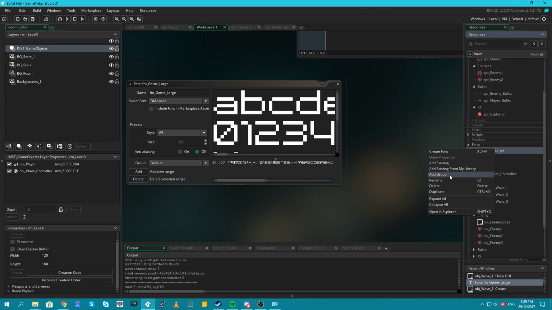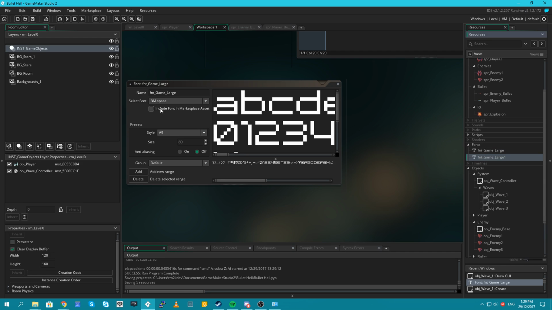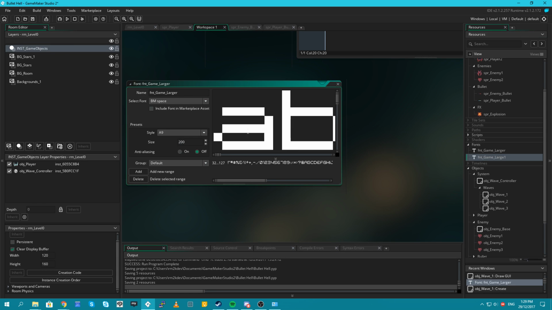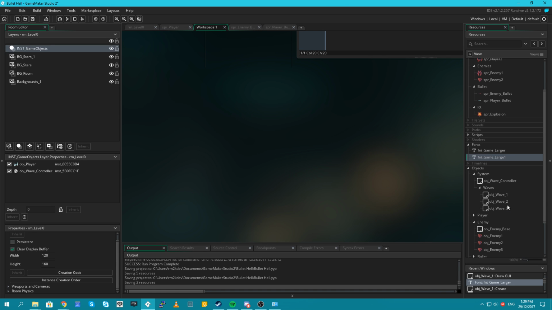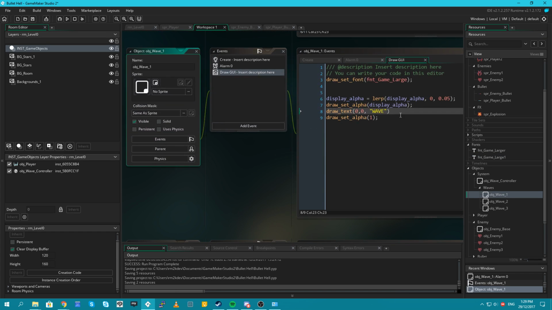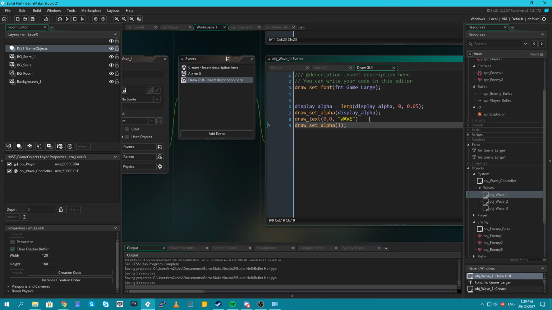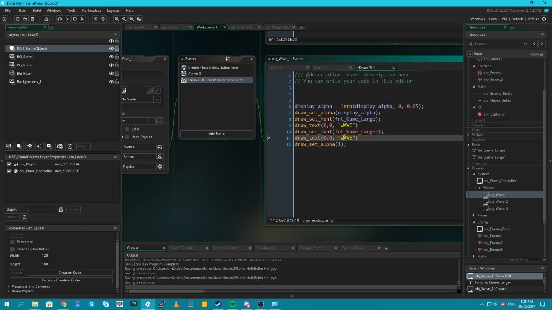Right, so we're going to duplicate this. What do you call this? Larger. I'm going to set this to like 200. Right, and then we're going to go back into our wave draw event. Excuse me. And then we'll say draw_set_font here, and then we'll do the same thing, and we'll say larger, wave 1.